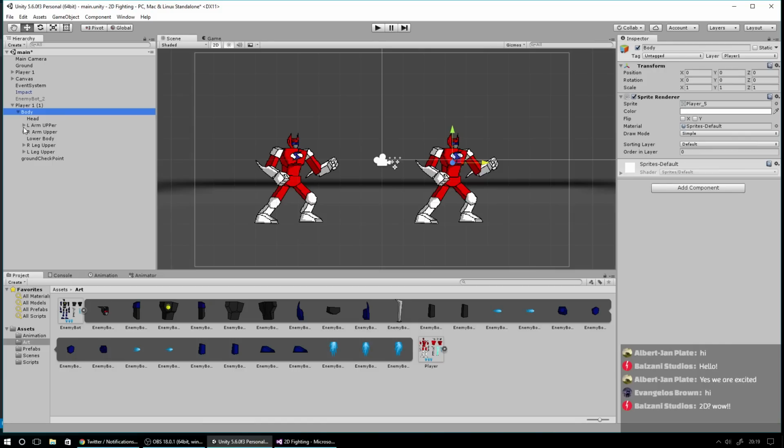Let's go ahead and unravel all these pieces here so we can drop in the right pieces in the right places. So we've got our body. We're on our body here, so we need to drop that into the slot there to replace that. We need to go down through all the pieces one by one and put the right components in the right